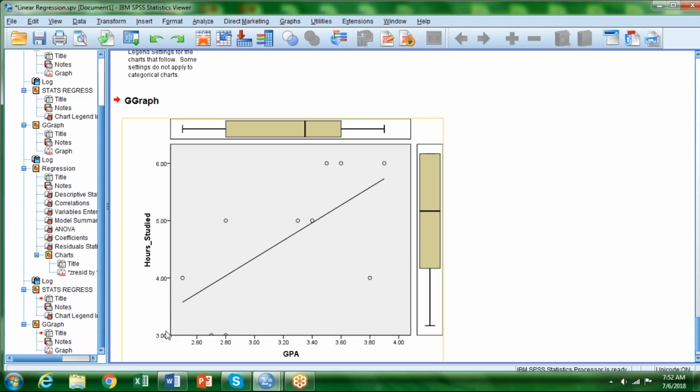But as you can see, here are the hours studied, 3 hours, 4 hours, 5 hours, 6 hours. And it gives us the GPAs 2.6 through 4.0. And if we were to extend this line this way, we would find where it intersects the y-axis at 0. And